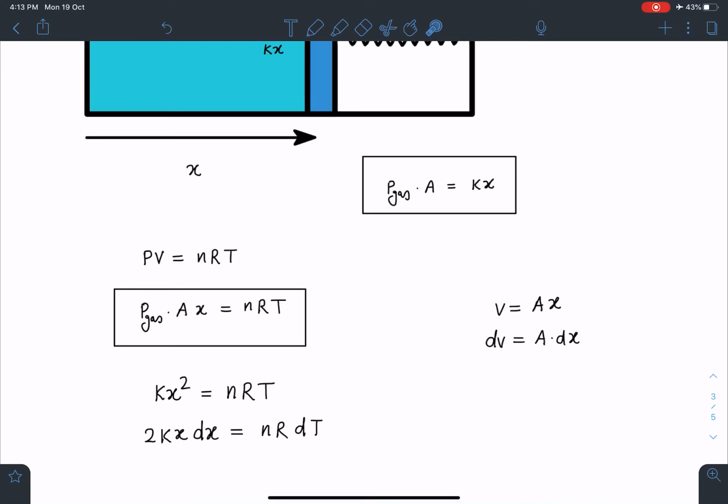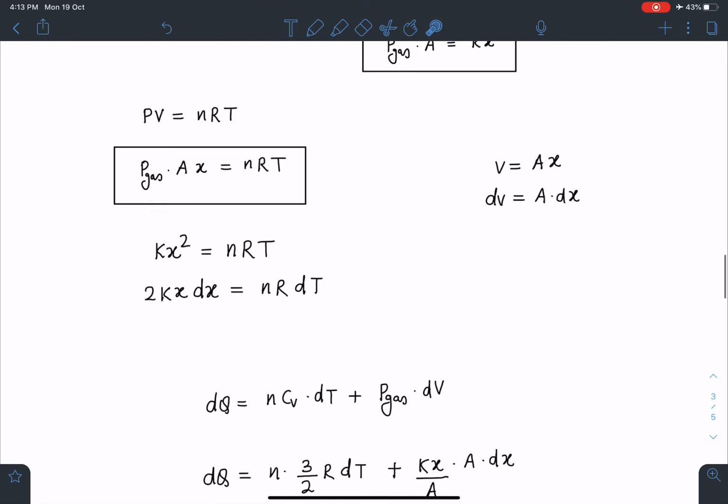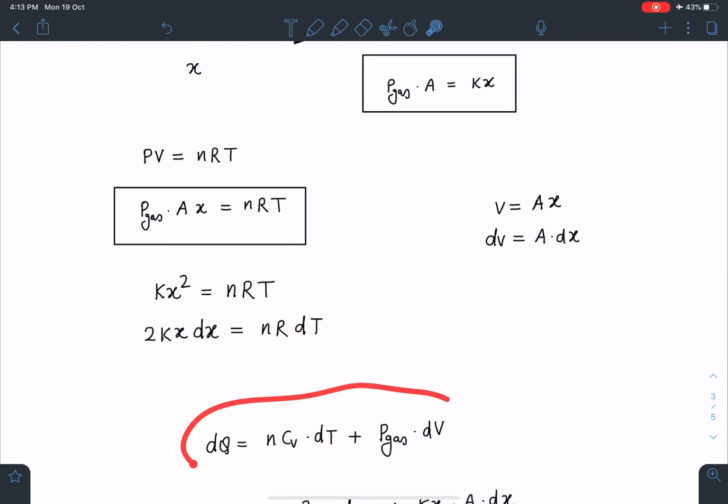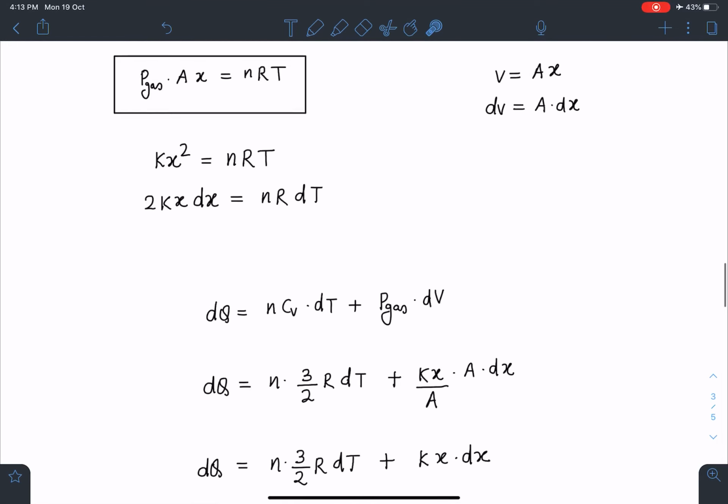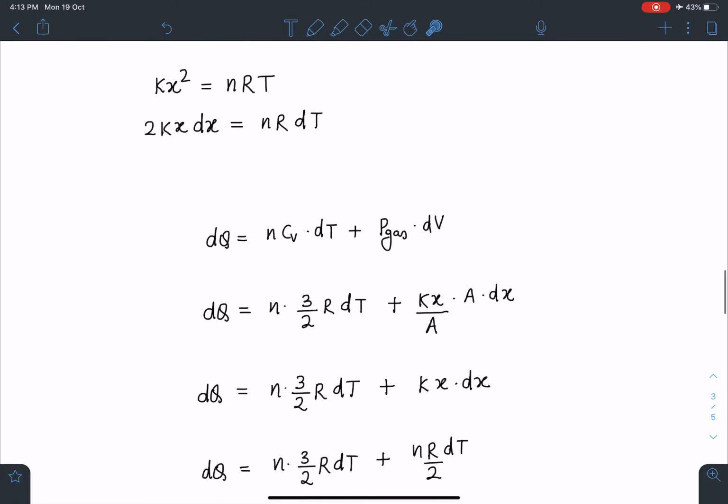Why am I writing dV? Because in order to find work done by the gas, I need P dV. And in order to find internal energy change, n Cv dT, I will require dT. That's the reason I have differentiated these equations. Now we are going to use the first law of thermodynamics, which is dU plus dW, which is n Cv dT plus P dV. For monatomic gas, Cv is f by 2 R, so it is 3 by 2 R. So dq will become n into 3 by 2 R dT